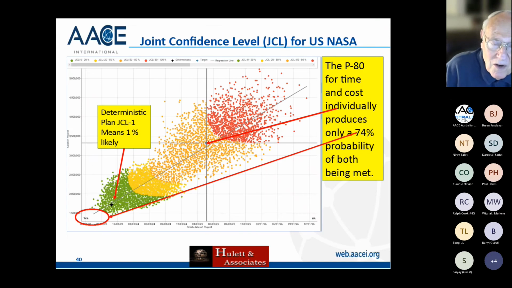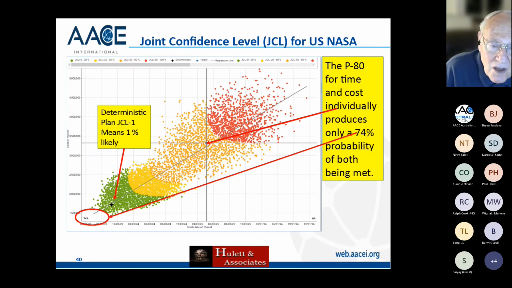Here's something that you can only do when you integrate cost and schedule, and this is the scatter diagram of cost and schedule. On the x-axis, with the dates, is the finish date of the schedule. It can be whatever target you want, and the vertical distance is the cost, in this case, total cost. Each of these dots represents one of the 10,000 iteration results for time and cost. So there should be 10,000 of them. I think Saffron maybe doesn't plot more than 1,000 of them, but I think there should be 10,000.